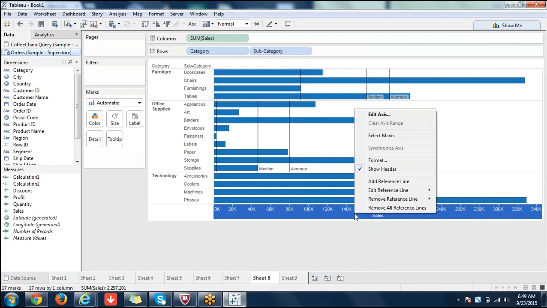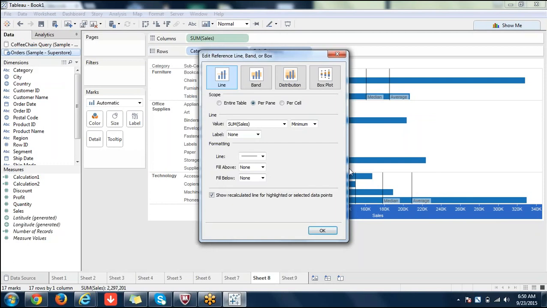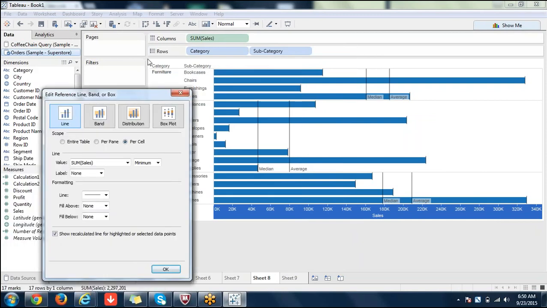Just to compare things, or just to understand how your data is performing with respect to average sales, or with respect to your competitors, or such things. Now I'm going to edit these lines. I'm just going to create parcel, only minimum parcel. So if I do this, what will happen? It will show everything as a minimum value because there is no comparison.